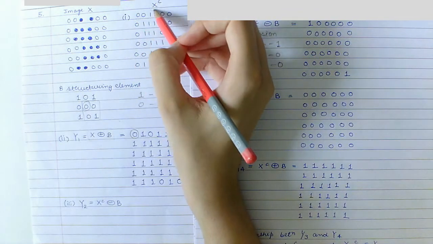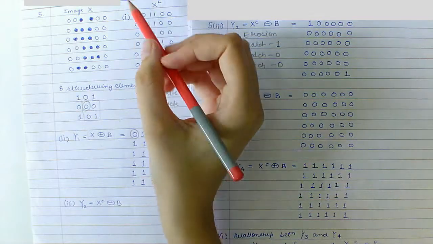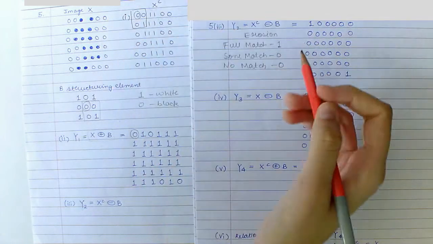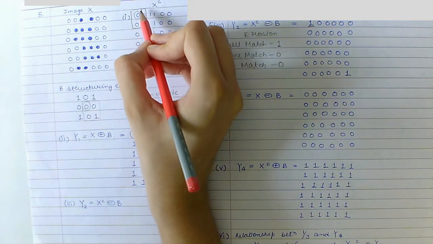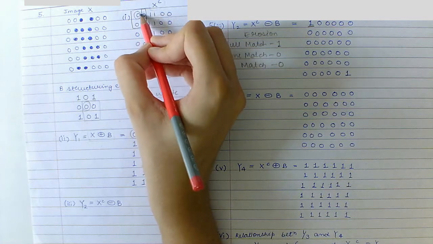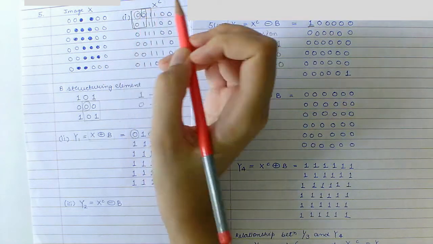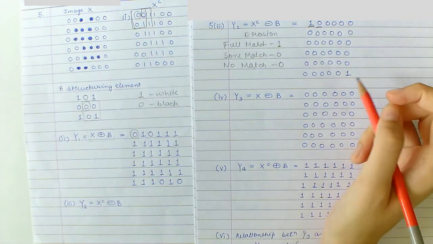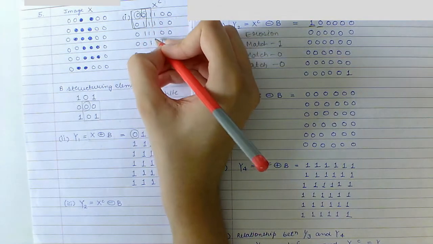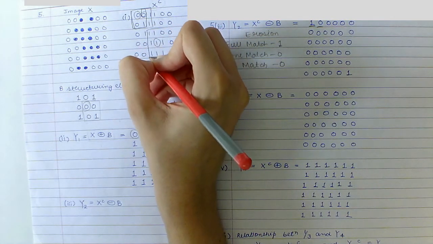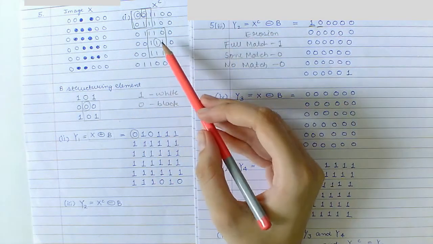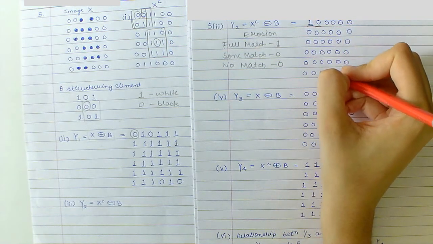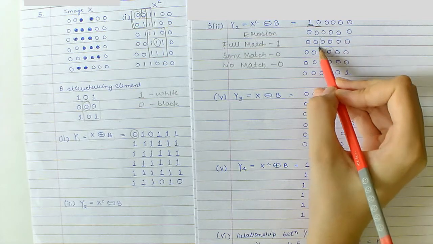So here in this section, as first this is taken as the origin, we get the value 1. Similarly we shift, and for this portion, as not all values match, we put the value 0, and similarly we do this for every pixel. For this pixel, this is how the structuring element is placed, and as it doesn't match fully, we put the value 0 here. We put the value 0 here.